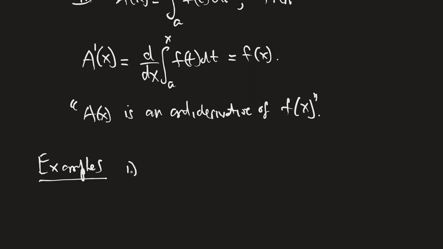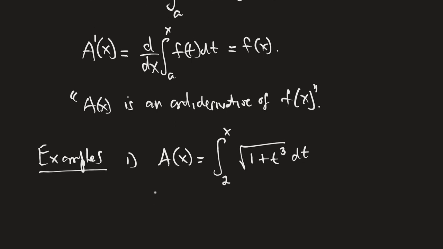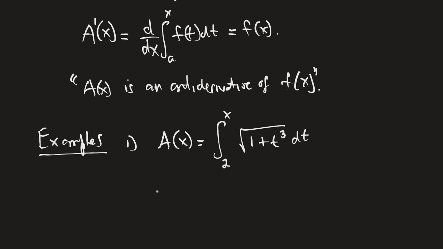And so here is our first area function. It's the integral from 2 to x, and the function here is the square root of 1 plus t cubed dt. Right? And let's go through and find a couple things. The first thing that we're going to compute is A of 2. So if we plug 2 in for all the x's, it will be the integral from 2 to 2 of that square root,